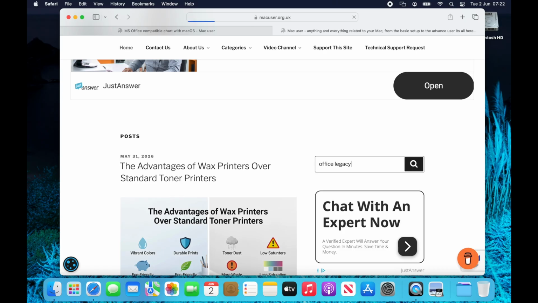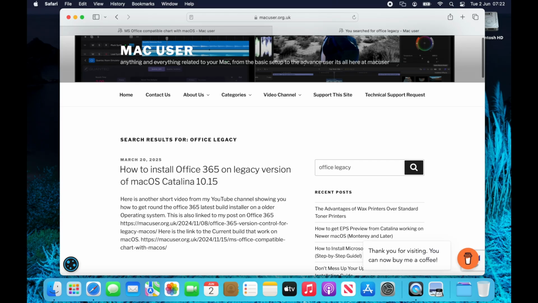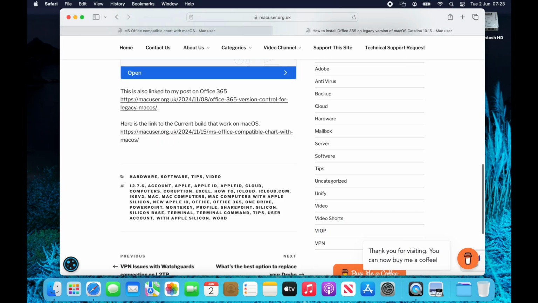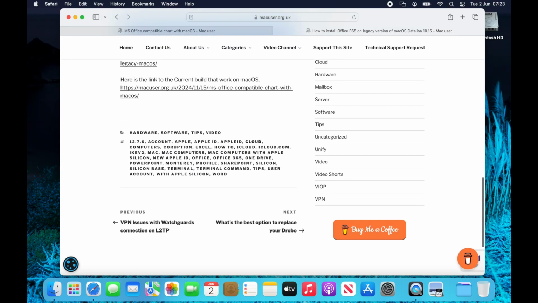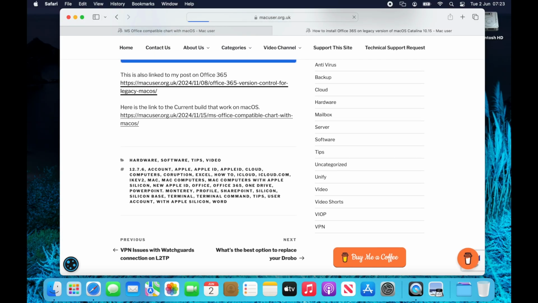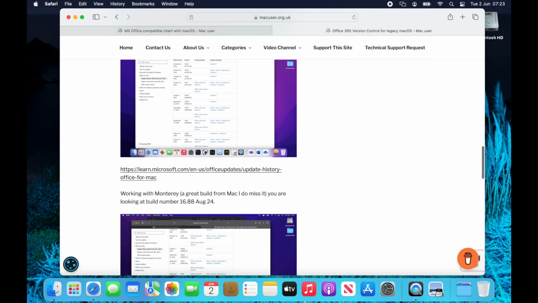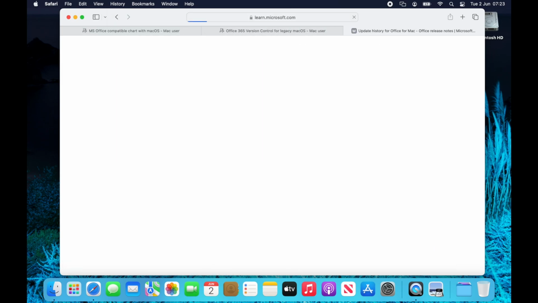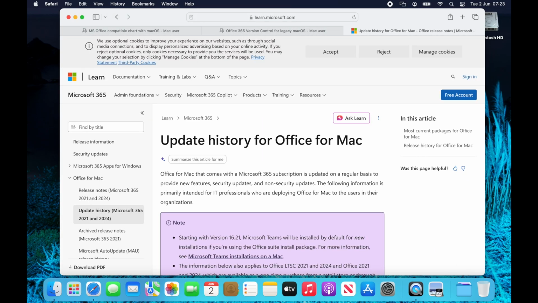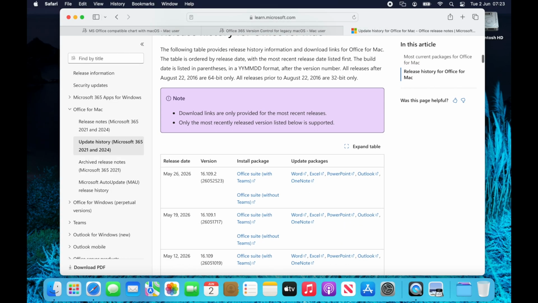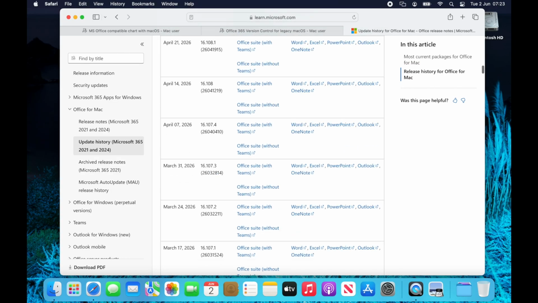You don't need to log into your 365 account for that, which is quite nice, but you do need to have a 365 license. So regardless of the build package and what you're downloading to install on the machine, you must have a 365 license to register the software. 1677, so let's go to 1677 on the build,